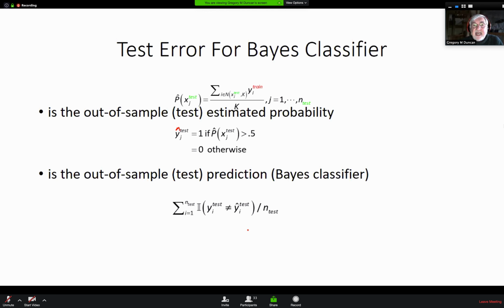And the out of sample prediction, notice I have test here and test here, okay? So these are in the test sample, and I'm predicting out of sample, okay? That is the out of sample test error,